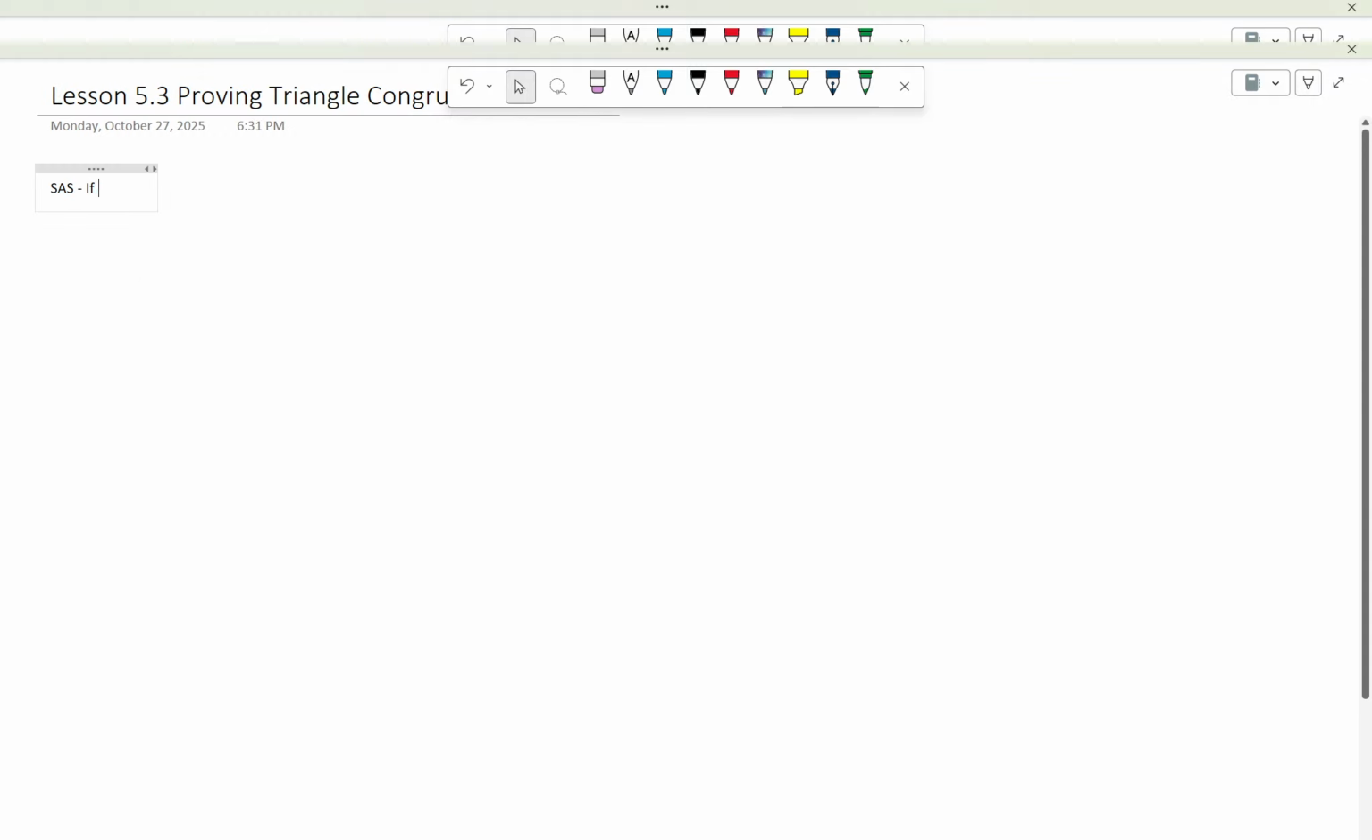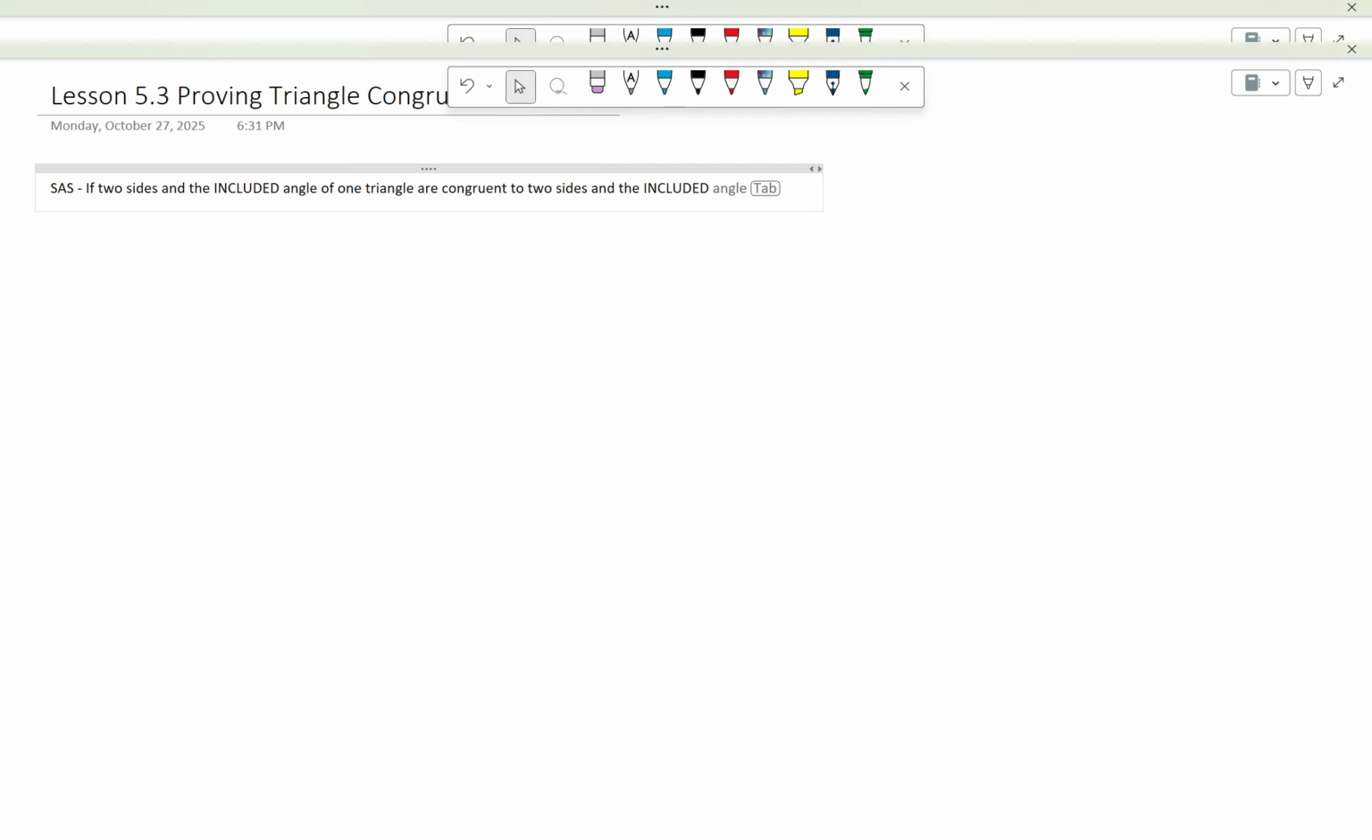We have lesson 5.3, which is proving triangle congruence via SAS, an acronym for side angle side. If two sides and the included angle, and included is the key word, of one triangle are congruent to two sides and the included angle of another, then the triangles are congruent. What we need to do here is discuss this, which we're going to give to you via postulate